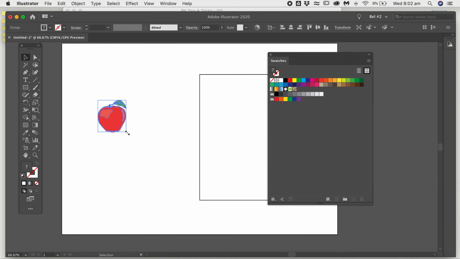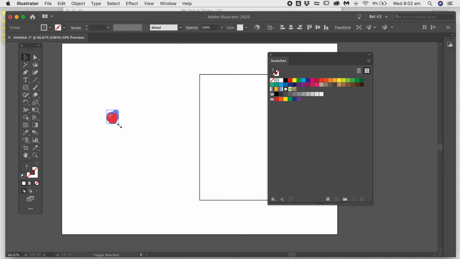You can resize it depending on what size you want your pattern to be. So I'm going to make it a little bit smaller. To make that smaller, you're making sure that you're selecting the black arrow, or the shortcut to it is V, it's the selection tool. And then you can press Shift, always pressing Shift when you're making something bigger or smaller to keep it constrained. If I press Shift and Option, it will actually make it bigger or smaller from the center, which is a